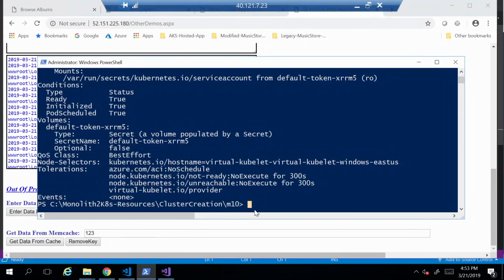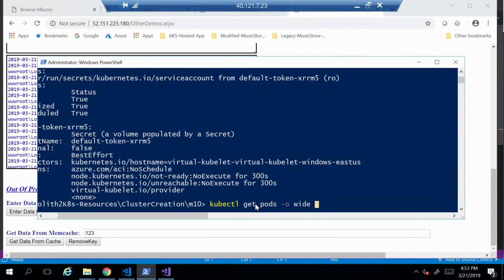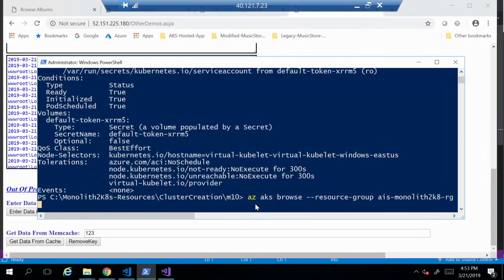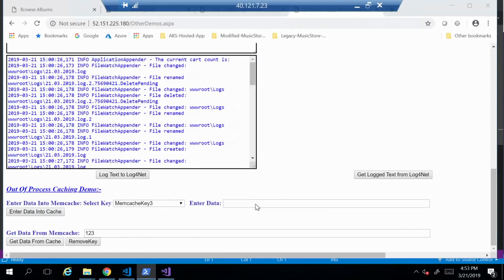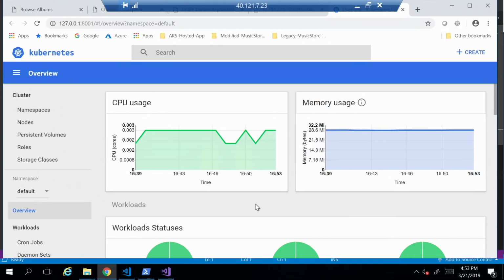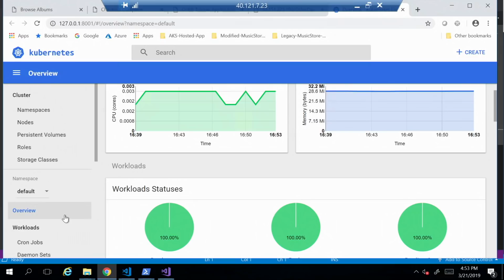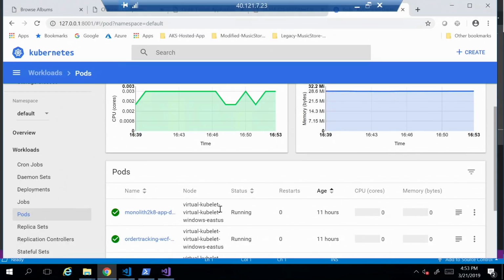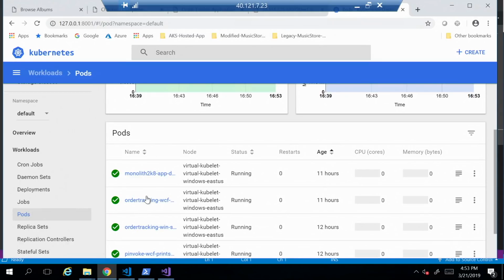Let's go to PowerShell. And one thing I want to do is just bring up the Kubernetes portal here. So interesting, you just brought that up with one command in the Azure CLI. The Azure CLI launched the portal. So this is the portal where, notice here, if I go further down on the left-hand side, I have all my pods. Remember, these are all the pods that we were talking about. This is our web application, this is the WCF service, this is the Windows service, and so on and so forth.